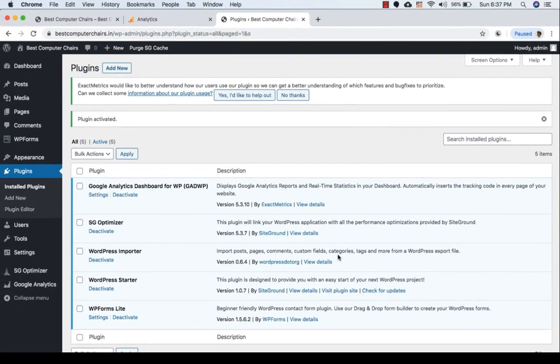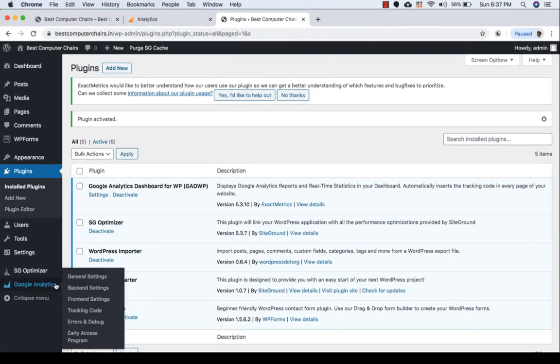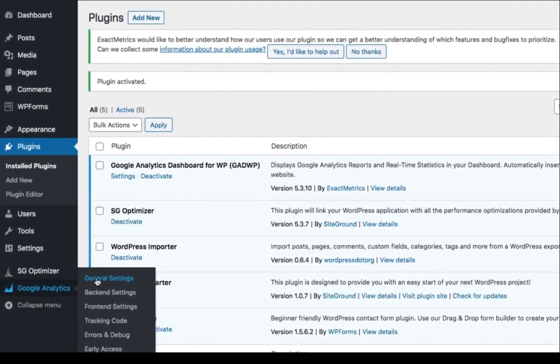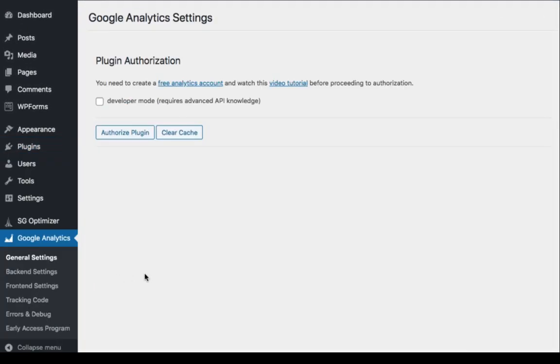So once it is activated, we can see a whole separate section for Google Analytics. So here we need to click on general settings. This particular WordPress plugin is going to get access from my analytic account directly, and it's going to add the code automatically. So I'll click on authorize plugin,